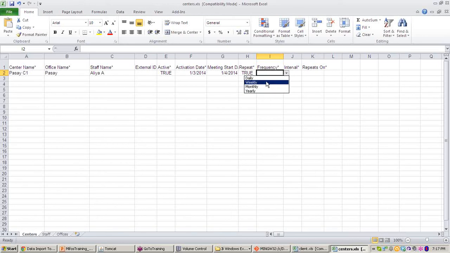Let's consider the meeting will be scheduled every week in the PASE C1 center, so let's say weekly. Interval is 1, that is every week. If you want the meeting scheduled bi-weekly or fortnightly, then you can select 2 or 3.